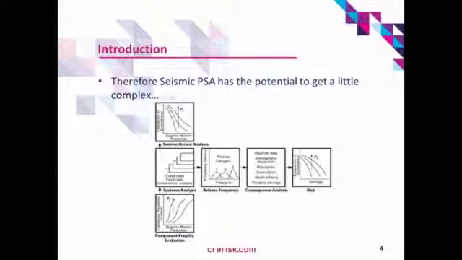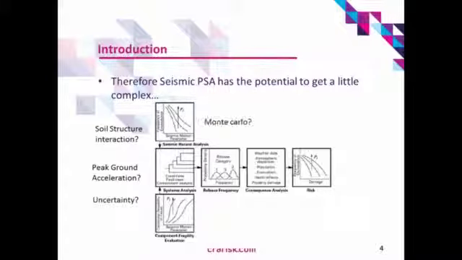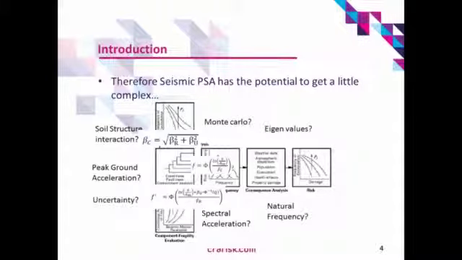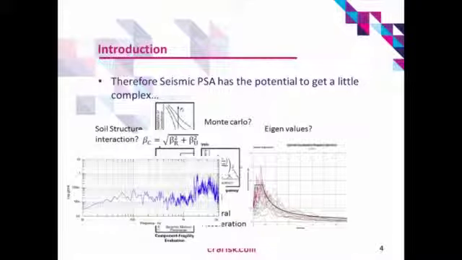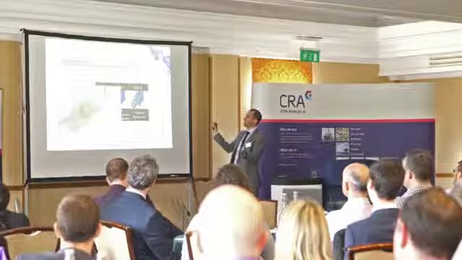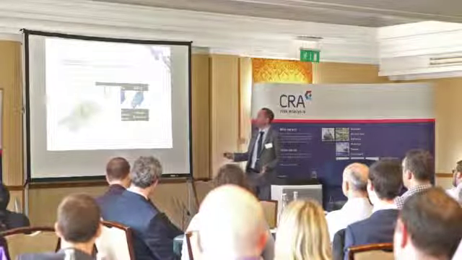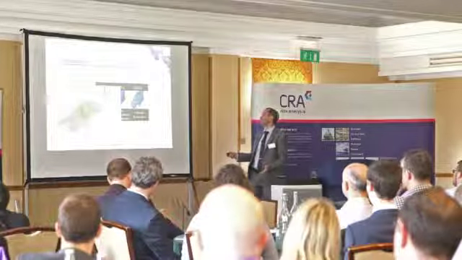And I think we're looking at I&C being complex and lots of uncertainty, and seismic is very much the same. So you start with something quite simple, looks like a nice process, then you start learning about things like soil structure interaction, Monte Carlo, eigenvalues, and it just becomes a bit of a mess. When I first saw that diagram, I thought it was Manhattan or something like that, but it's not.